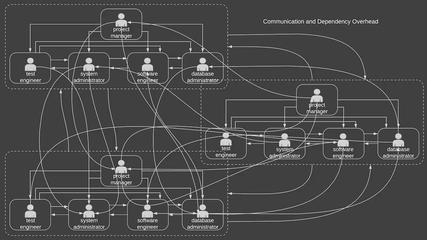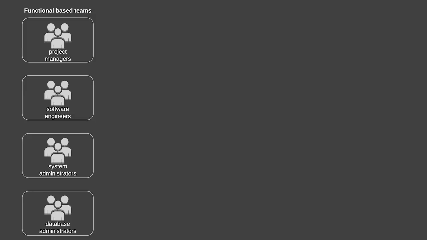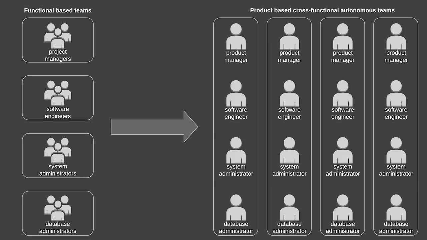So the main reason for that is that teams were based around expertise. So you would have software engineers whose expertise was developing software, and then you had system administrators whose expertise was how to manage and deploy the system. You had database administrators who were managing your database cluster. And the way to deal with that is to have cross-functional teams that are actually organized around a particular feature, particular product, or particular domain within the business. So it depends on the scale of the company how you want to create these teams.